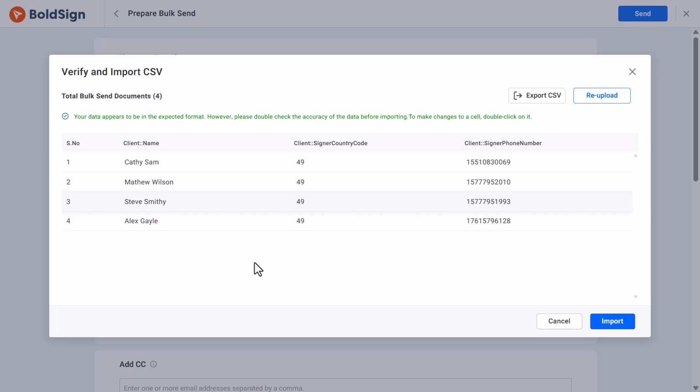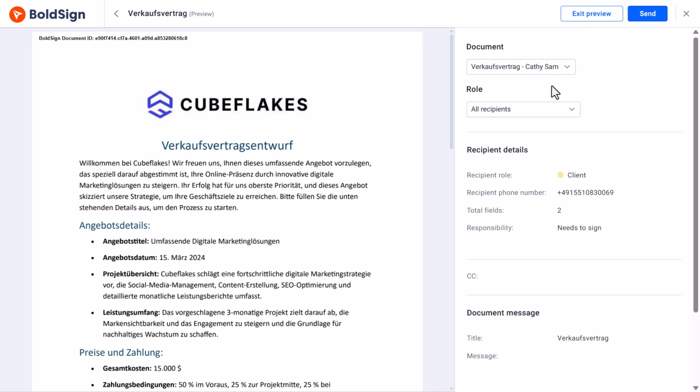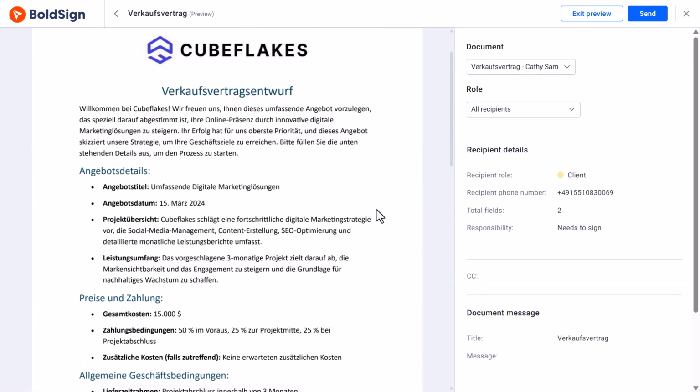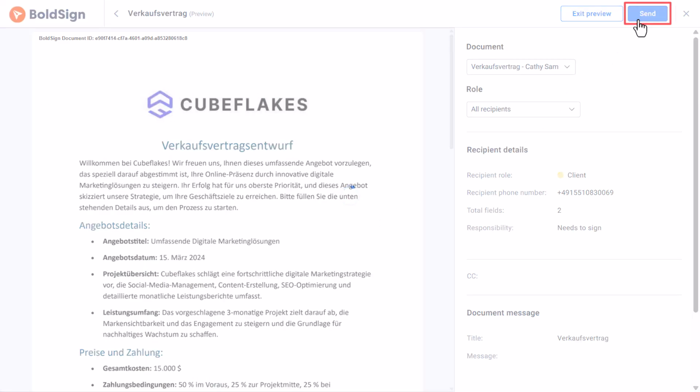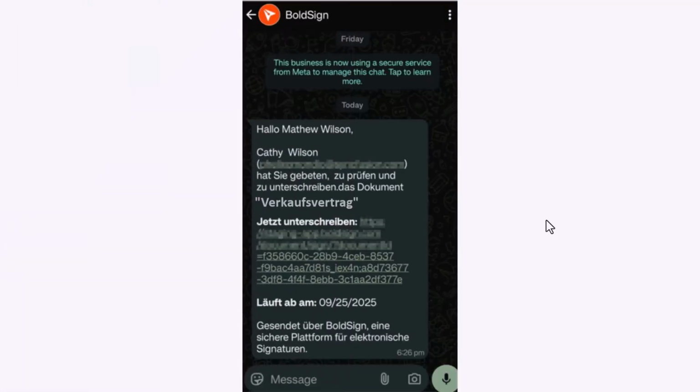If all recipient details are accurate and properly formatted, click Import to proceed. After a successful upload, you can preview the file if needed. To review the form fields in the document, click Preview. This opens the document preview page where you can view the setup. Once everything is confirmed, click Send to send the documents in bulk for signature. The bulk send is created successfully, and WhatsApp signature requests are sent to all recipients in their